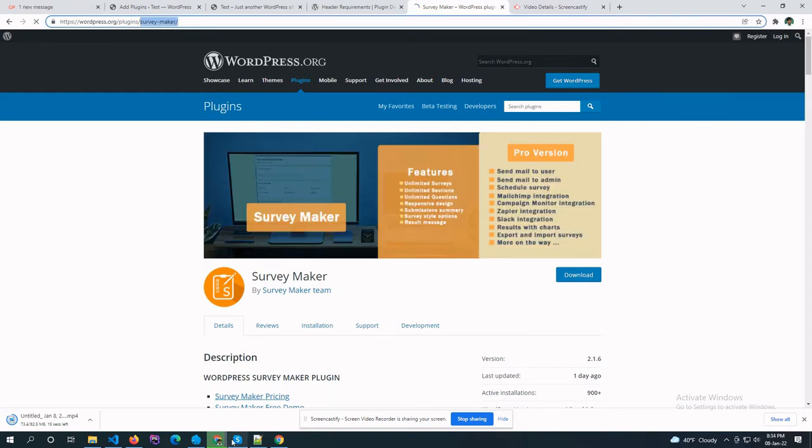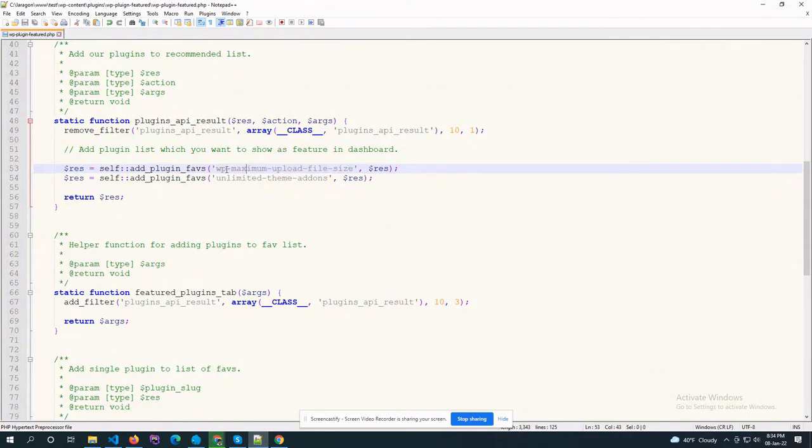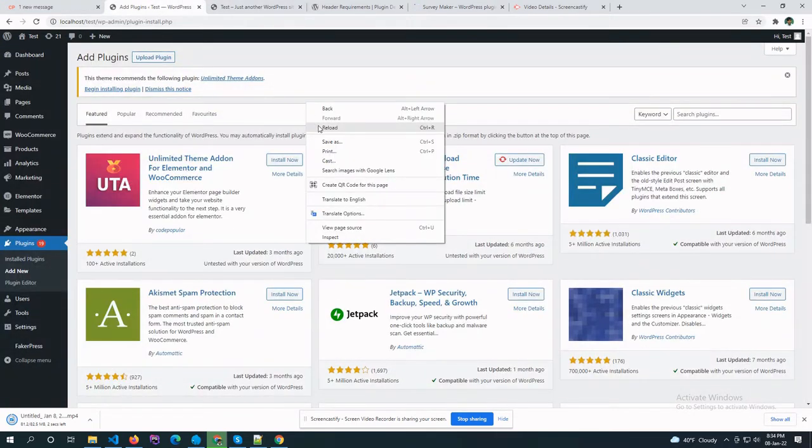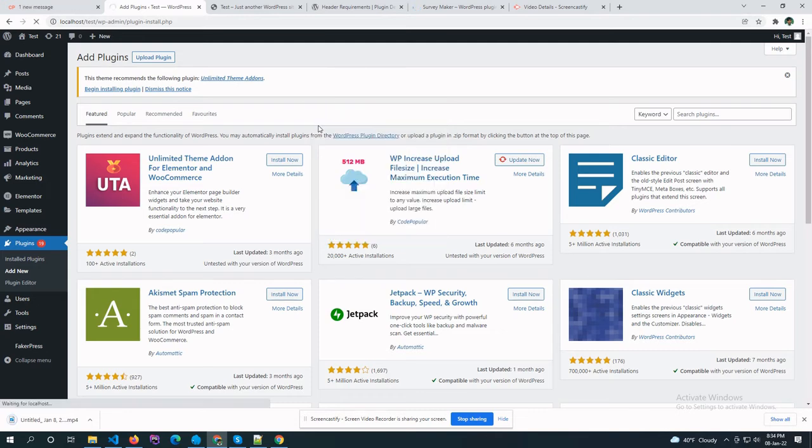I am just copying the plugin slug and pasting it here. If I reload the page, then the new plugin will be added.